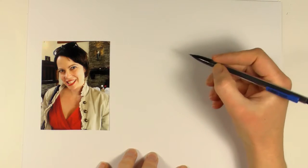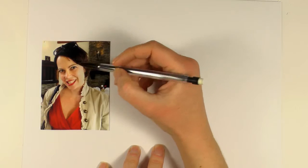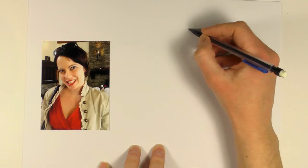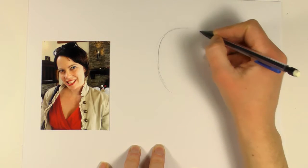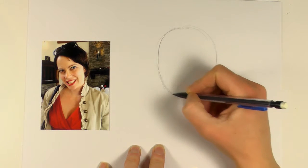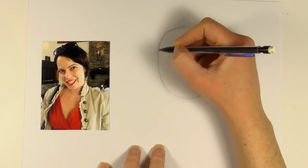So first up, I'm going to look at my head here, and I get a lot of compliments on my eyes and my mouth. So those are what I'm going to play with. You just have a think about what features you like about yourself, and then have a play with those features in your drawing. So what I'm going to do first is draw an oval